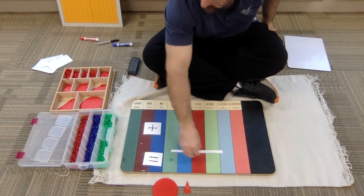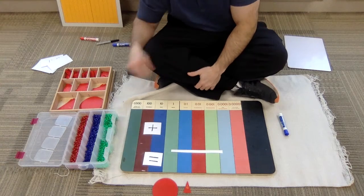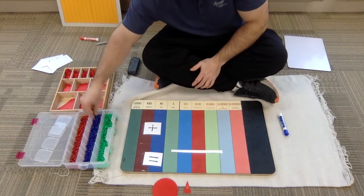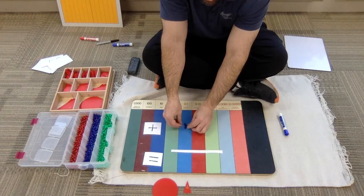Beads are really helpful, kids. Anything you can do to reinforce math concepts with concrete materials, especially 4th, 5th, and 6th graders for you guys, you should. It really helps a lot. So I'm just going to put some random numbers here. My first set here, this is going to be